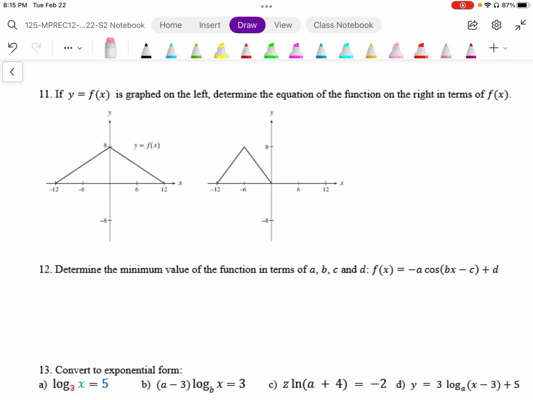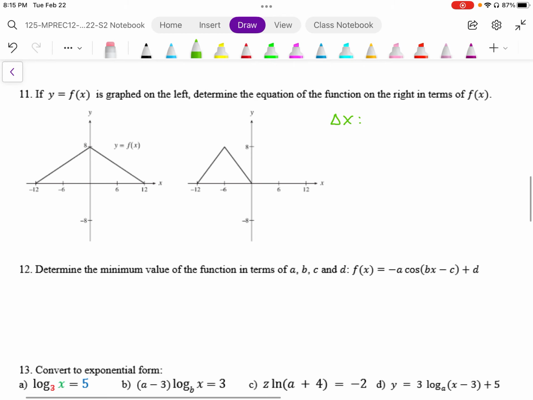In question number 11, we see that there's only a horizontal transformation occurring here, and we want to do the compression expansion first before we do the horizontal shift. So in this case here, we can see that it has an original width of 24 and a new width of 12. So in terms of the change in x,